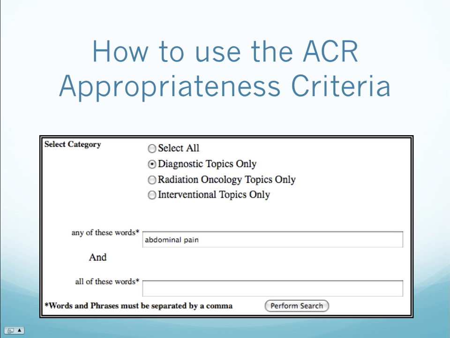Now that we've gone over what goes into making the criteria and how imaging modalities are scored, let's look at how to use the appropriateness criteria. Given an example of an adult patient we suspect has appendicitis but is presenting atypically. The first step is to go to